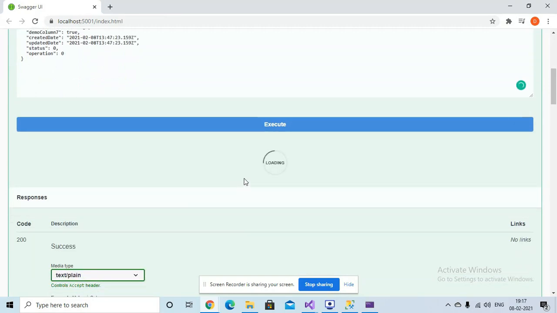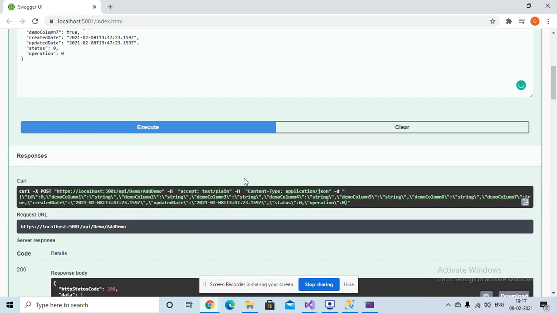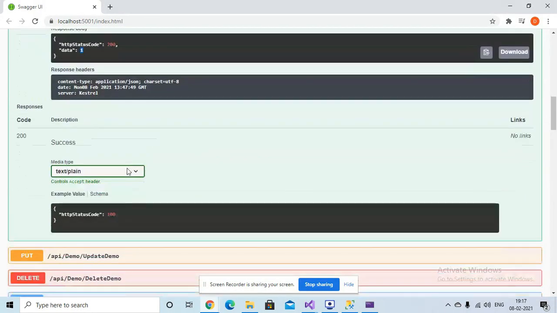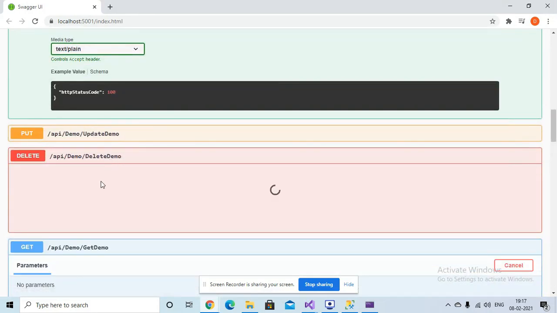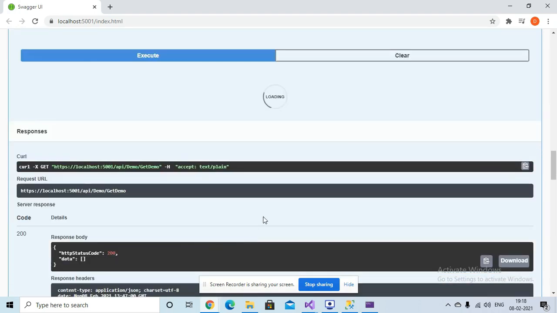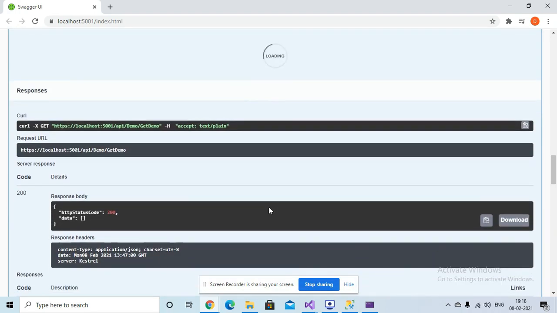This will automatically create one record inside our database. So here you can see data one. So one data is created, and once we call this API, you see that we have one data there.